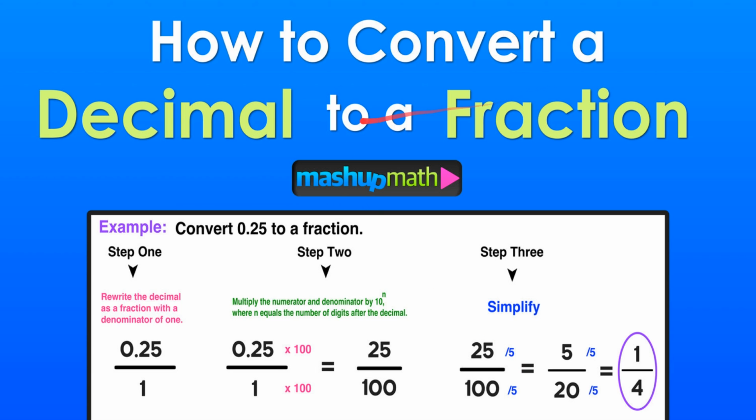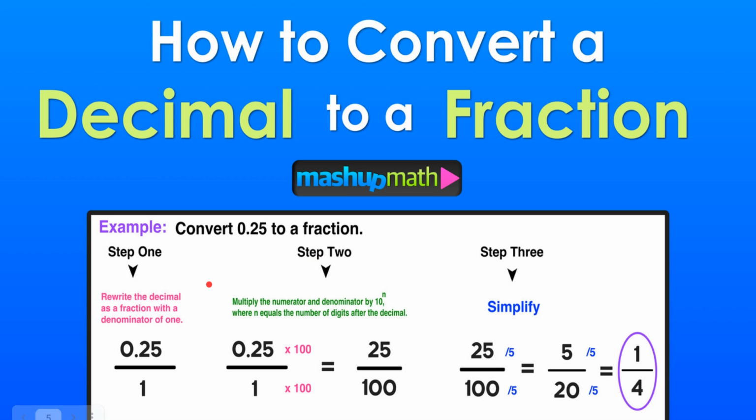Now how to convert decimal to a fraction? Decimal is a special case of a fraction. Okay. So how will we convert? We have a dot. After the dot, to the right, how many numbers are there? So when we are dividing, we have to write so many zeros to the right of 1.